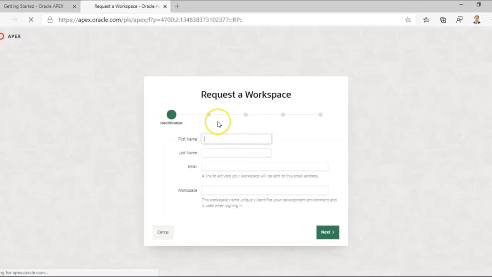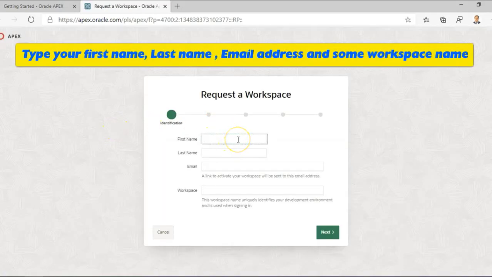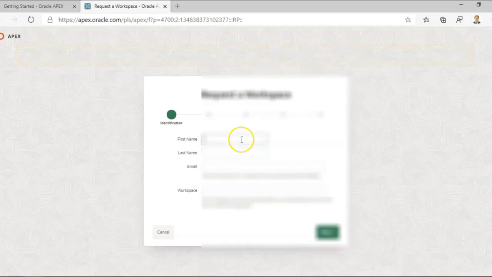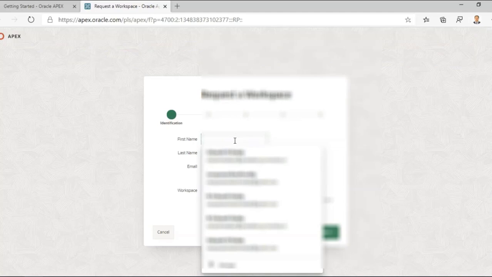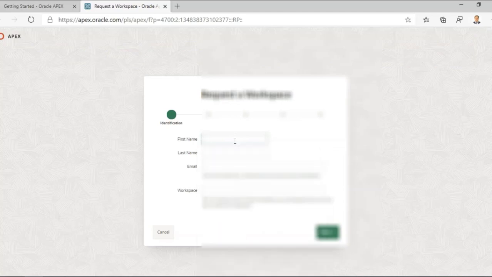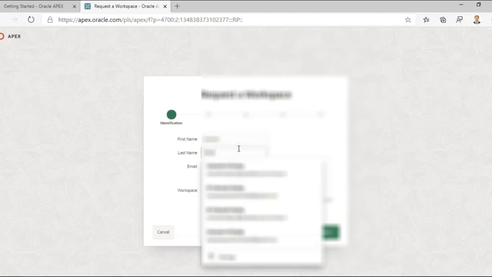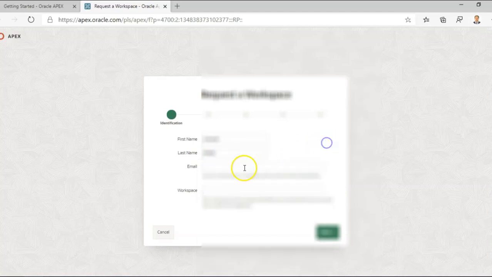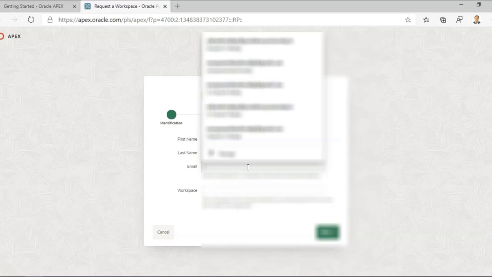Now it is asking us for a workspace request. Request a workspace. Here you type your name. Type your email.